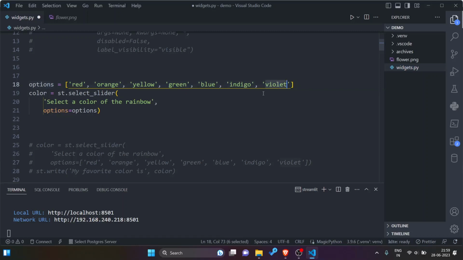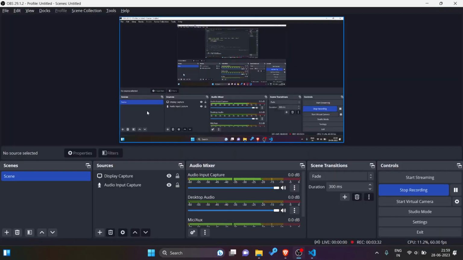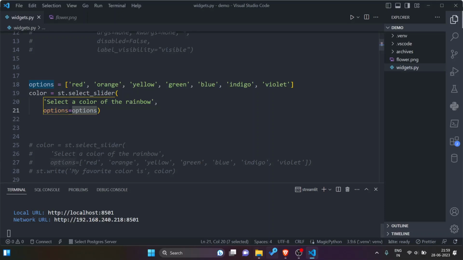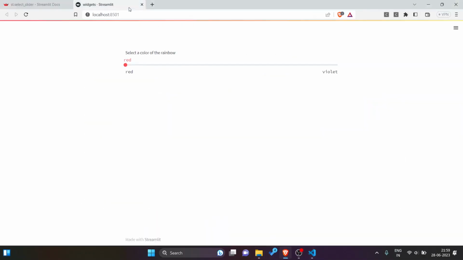So these are the colors of a rainbow. st.select_slider, then the mandatory label, and then options. Let me save it and see what is happening on the screen. So the label is, I have got a slider which is for strings. So I can select any color available in the list.